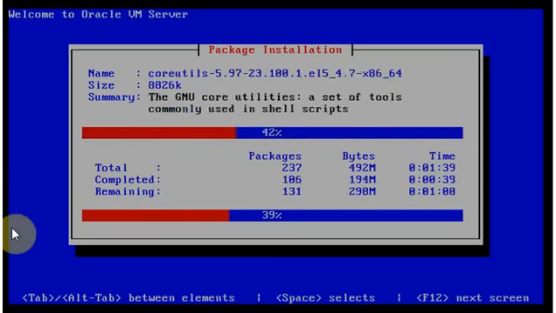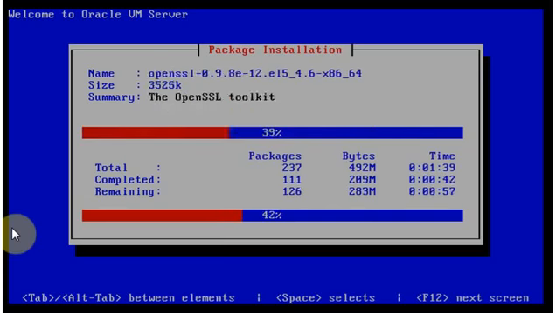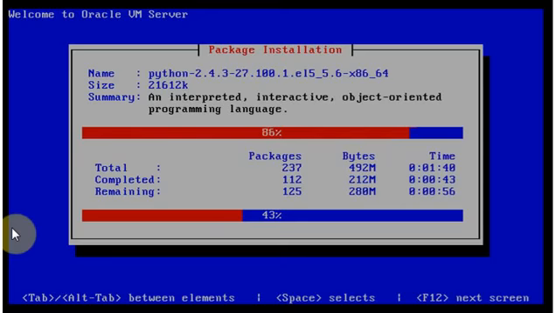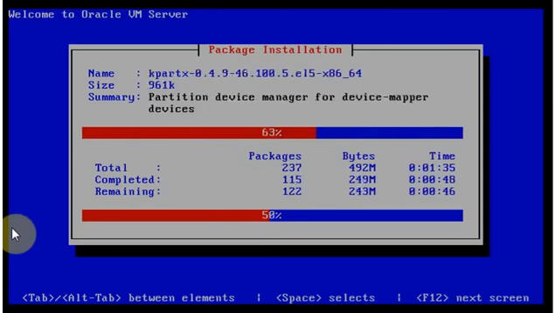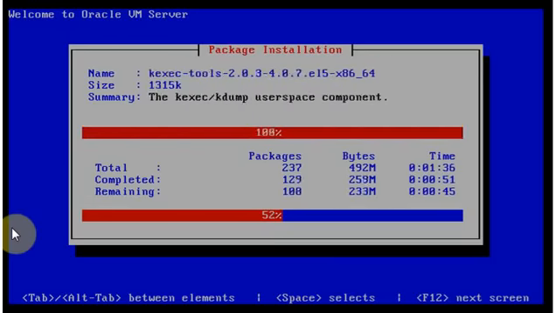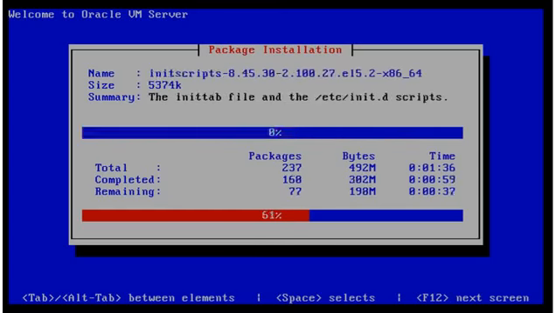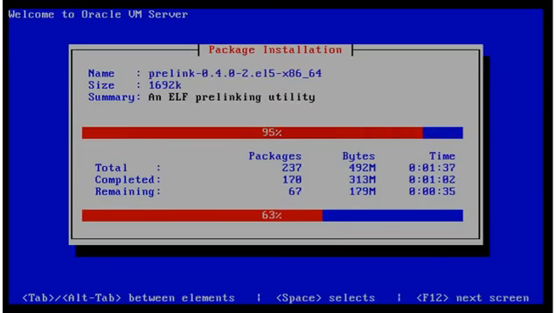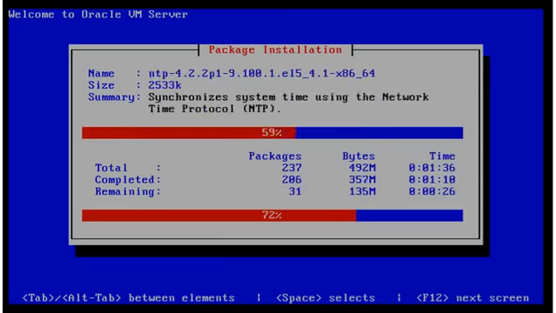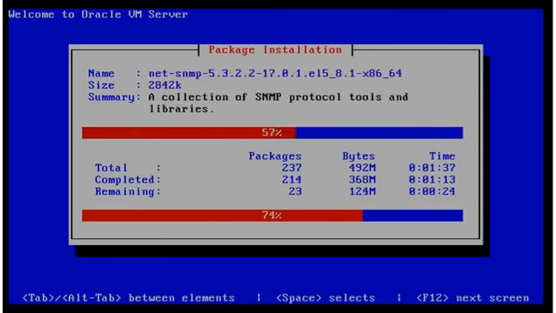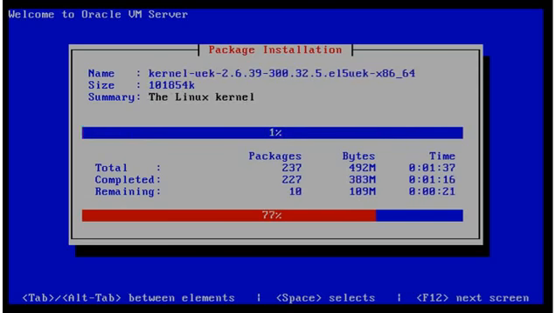Basically, it's a Linux kernel with Xen and some set of libraries and tools. So roughly, I think it's a 1 gigabyte installation. And it's the second blade. I already completed installation of the first blade. The Linux kernel is being